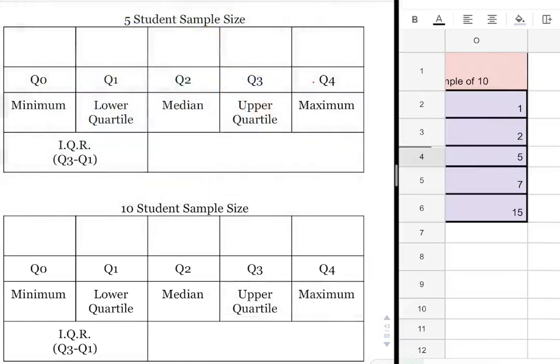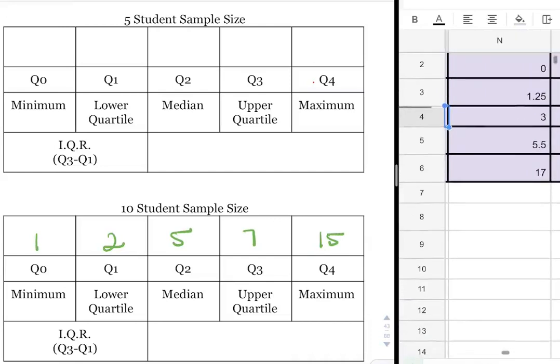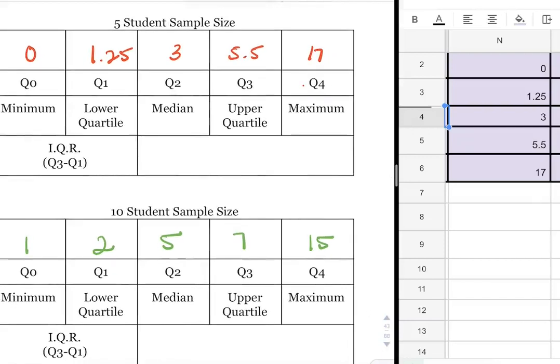I'll do that sample size of 5 in green, and we'll put 1, 2, 5, 7, and 15. And my sample size of 10, again, incorrectly labeled, I'll do it in a different color, red. 0, 1.25, 3, 5.5, and 17. Okay, so that's our data, and with that data,